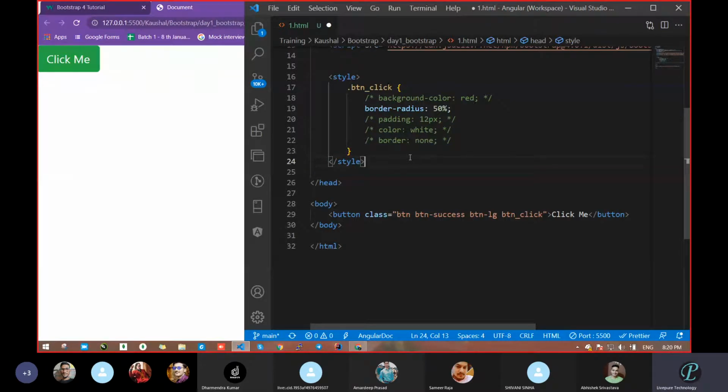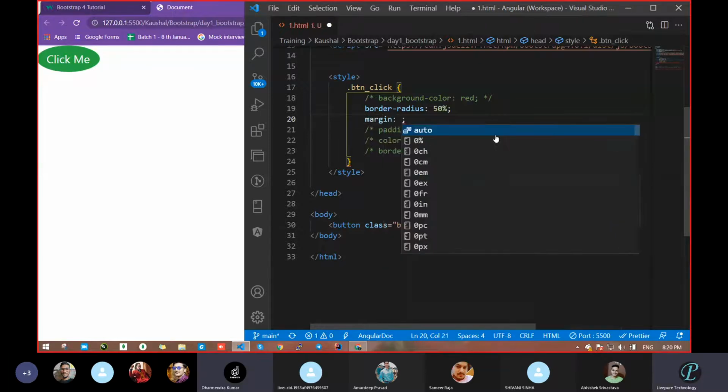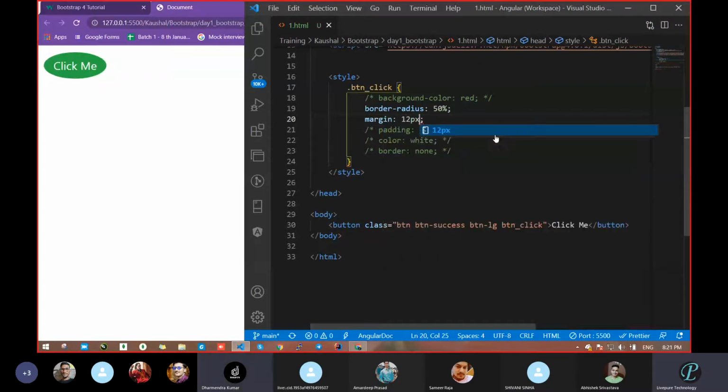Second thing. Now I'm going to save the file and let's see Bootstrap, that is the radius. What is the radius? Radius becomes something like 50%. Let's comment this and just verify whether it's coming from here or somewhere else. What happened? We are getting this from here. Correct. Now you want some extra style with this also. What you can do? I want margin and padding also. Go with margin. Margin pass 12 pixel. Just save. We got some margin. Clear. So this way we can add our CSS, our style, with the class.